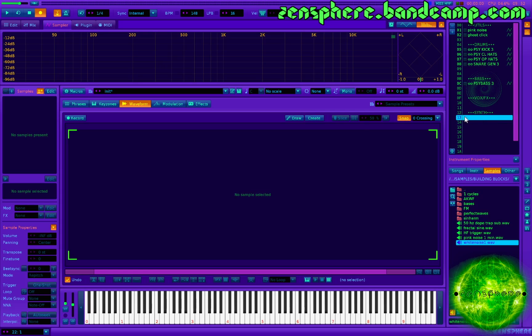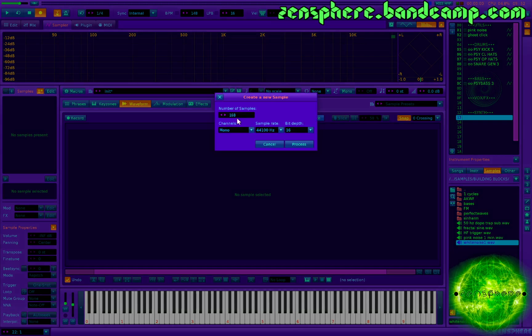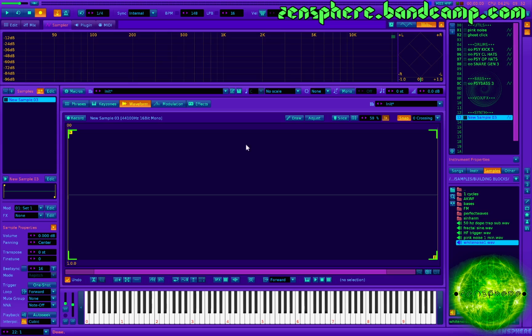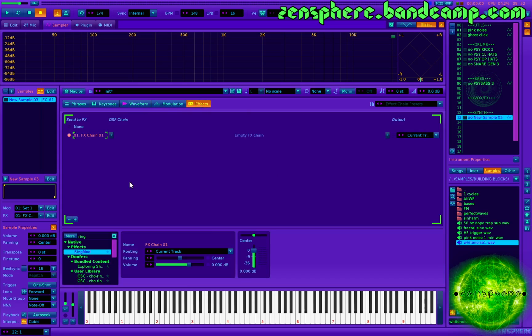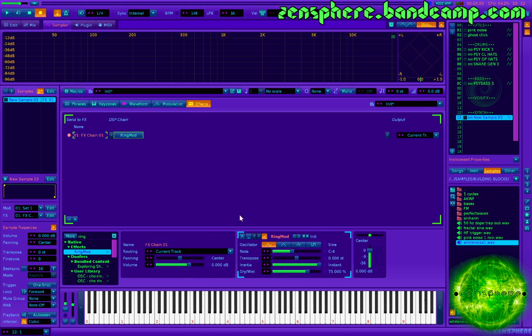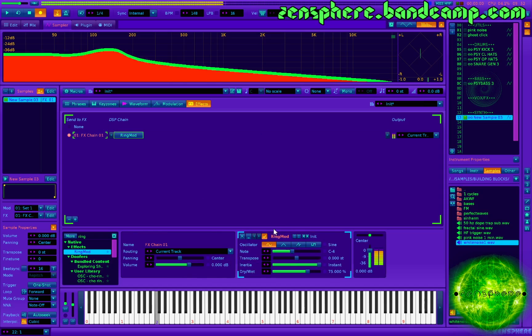What we're going to do is start with an empty instrument and create a waveform. We just want one sample length because we basically just want the DC offset, which is the distance from the zero line. So you take our draw tool and we're just going to do a maximum amplitude single cycle, one sample. Then we'll come into our effects section, create an effects chain, and open up the ring modulator. And now, when we press a key, we have